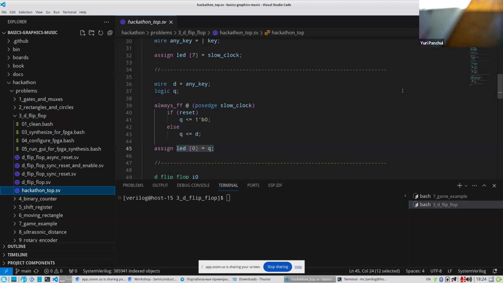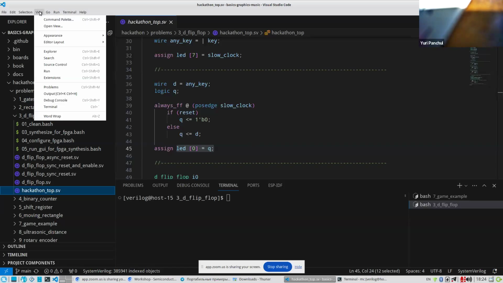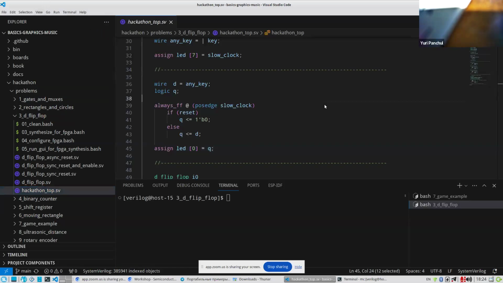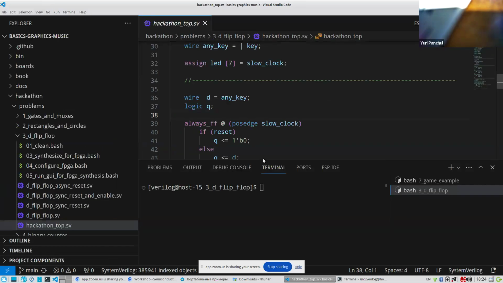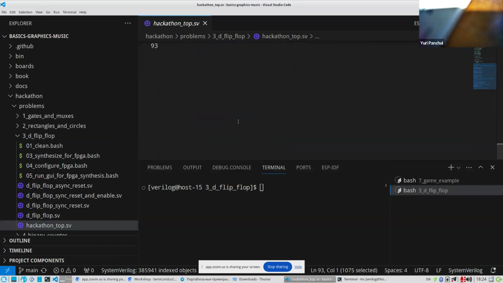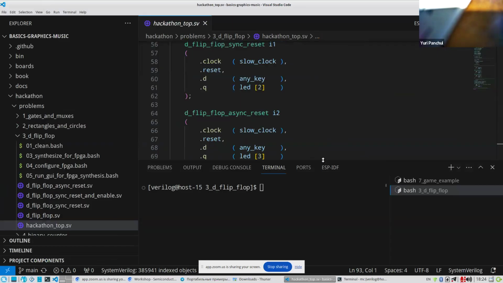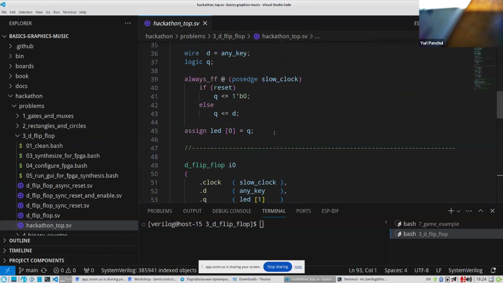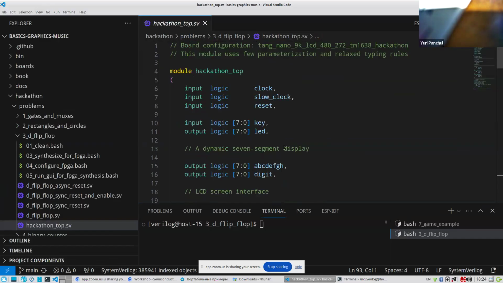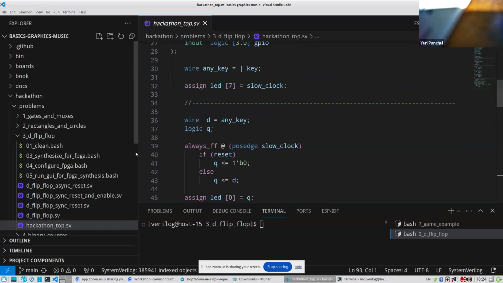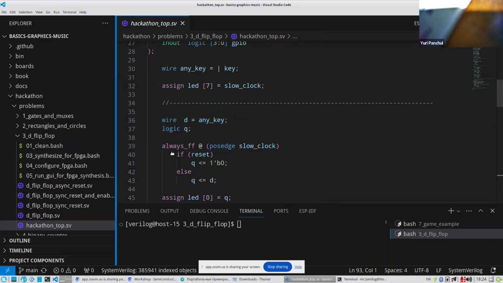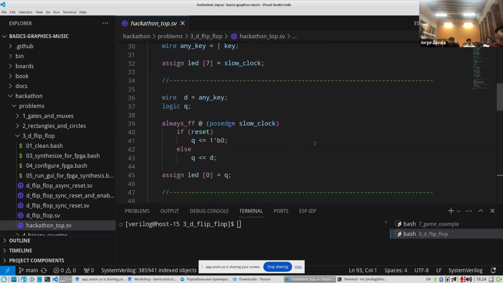Let me make this code larger. So can you see this code well? Jorge? Yes, we can see that on the Visual Studio.